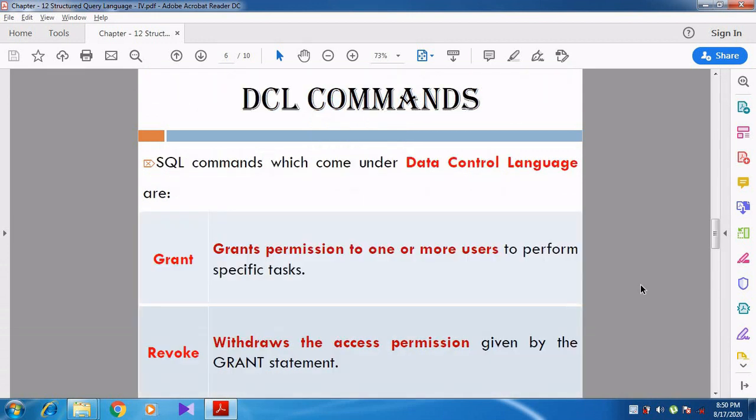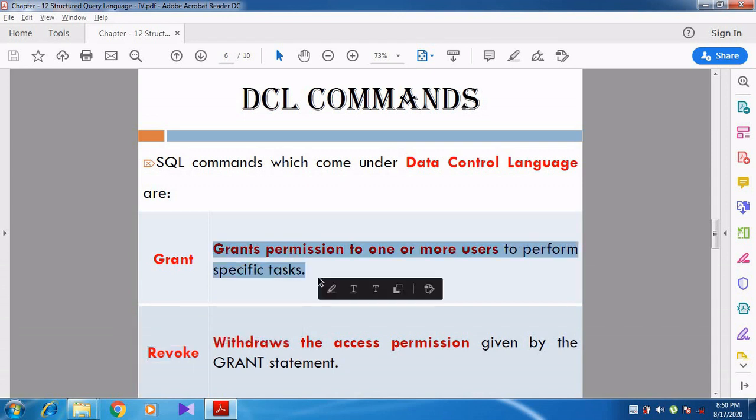For that we can see the commands. There are two SQL commands that come under DCL. The first one is grant and the next one is revoke. Grant is used to give permission to one or more users to perform some specific task.